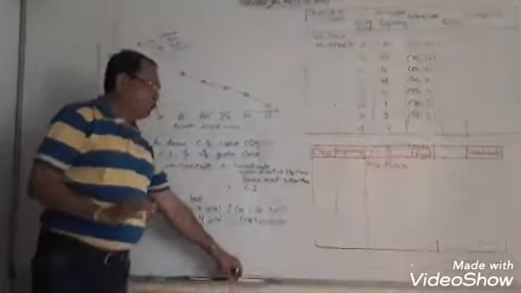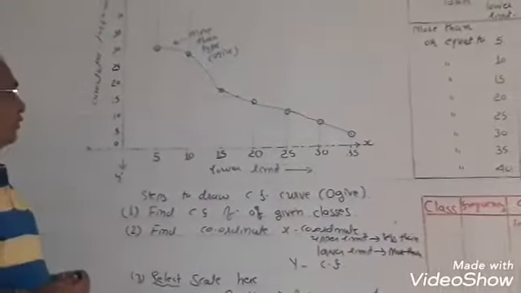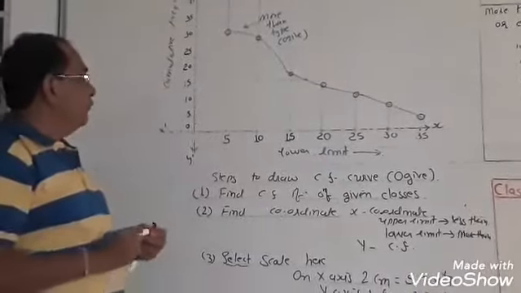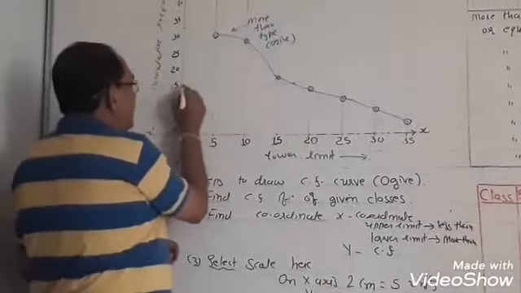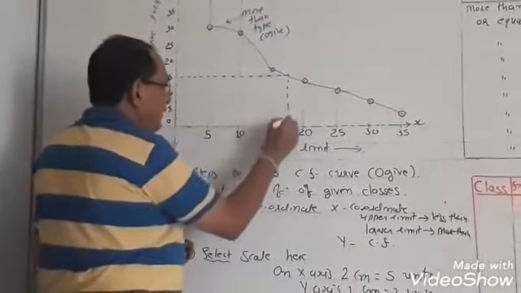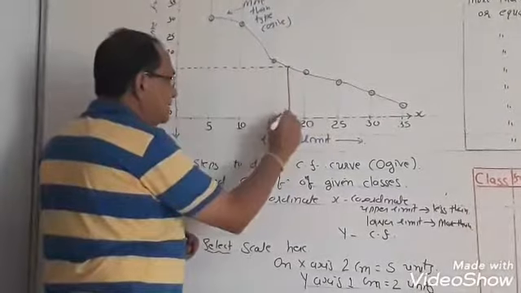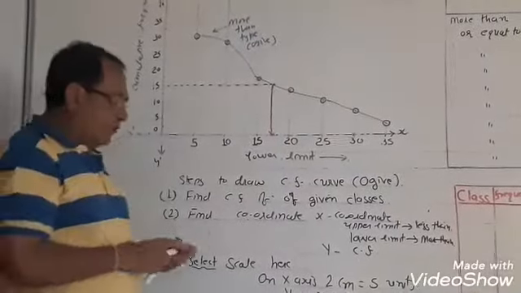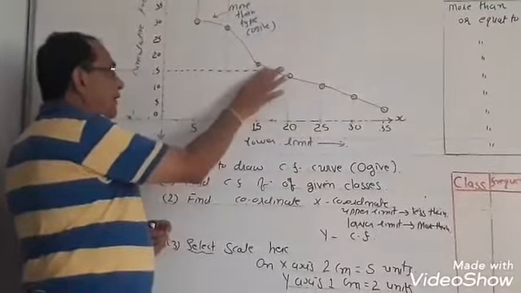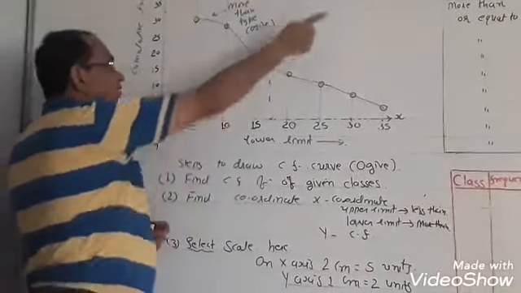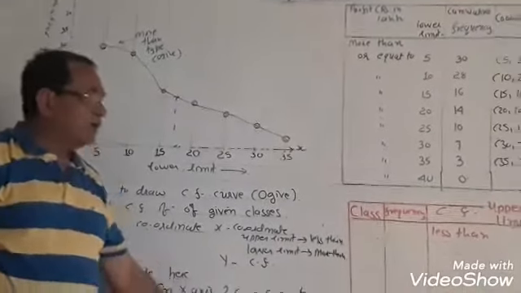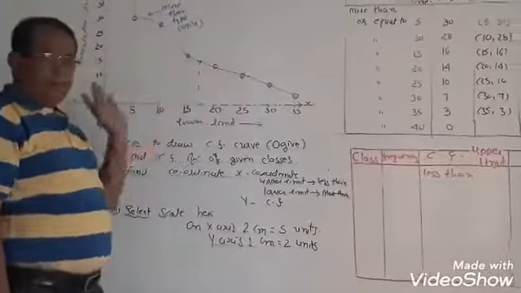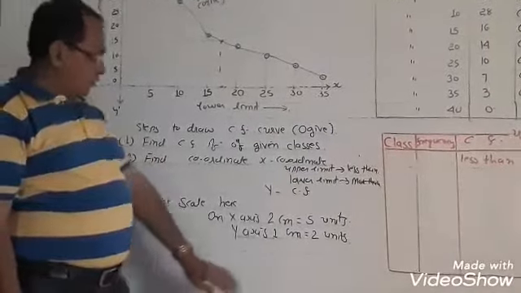Now you are not actually asked this. If we were told to draw only from this, what would we do? What is the total number of frequency? 30. 30 divided by 2 is 15. Then you will take this 15 and find the corresponding value of this one. You will get the answer 17.5. But it is not asked. You have to find it by which method? Where both curves intersect, there we will find it. For that, first we will find the class frequency and over that we will draw the less than type curve.